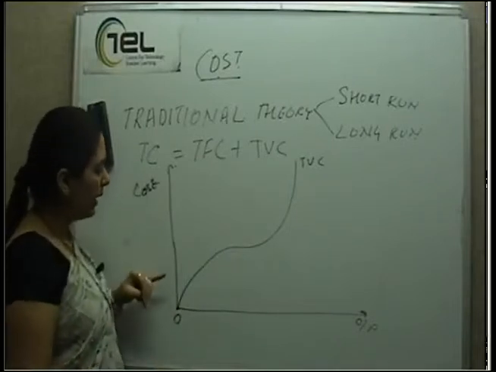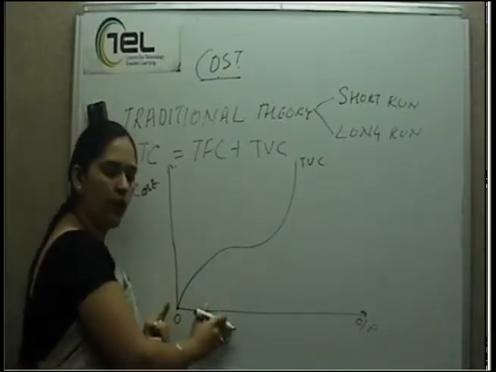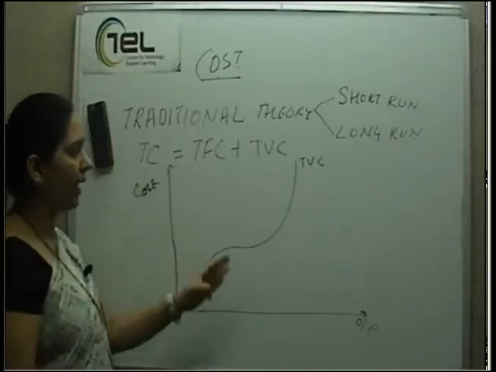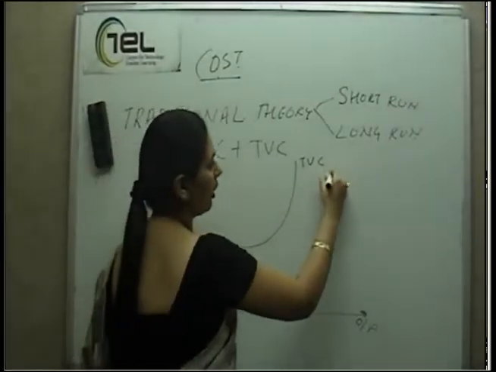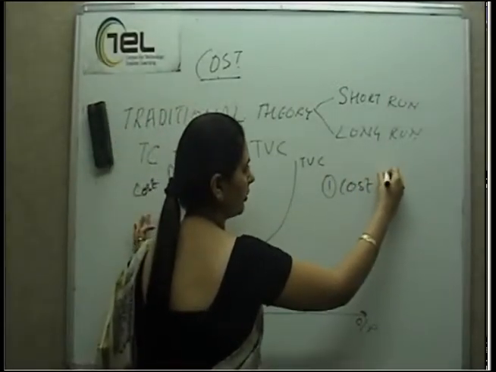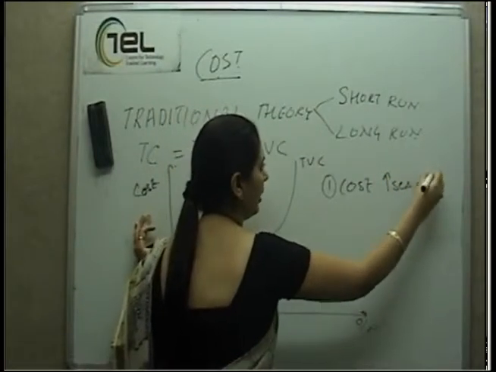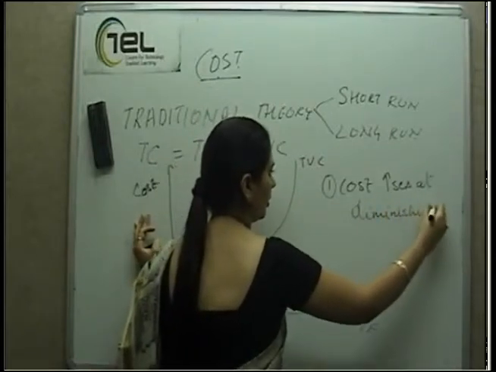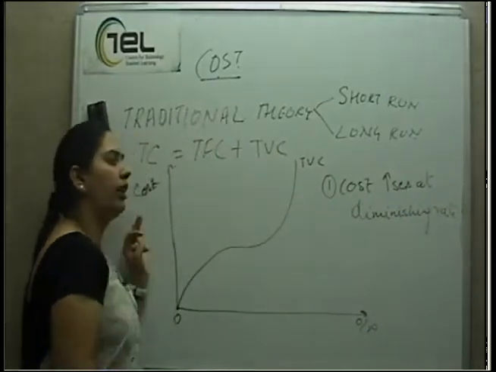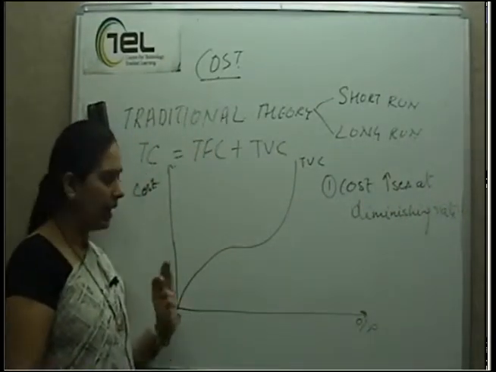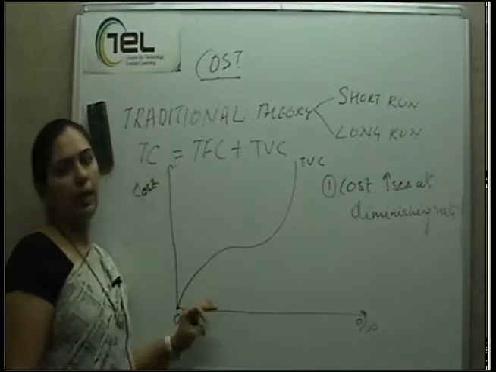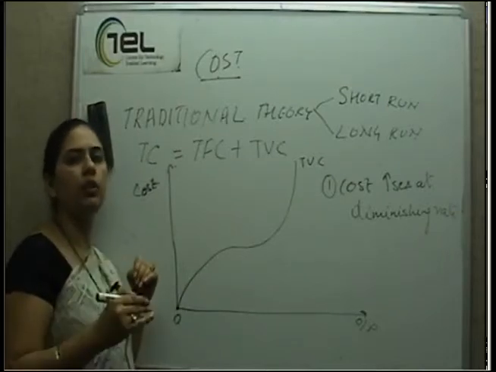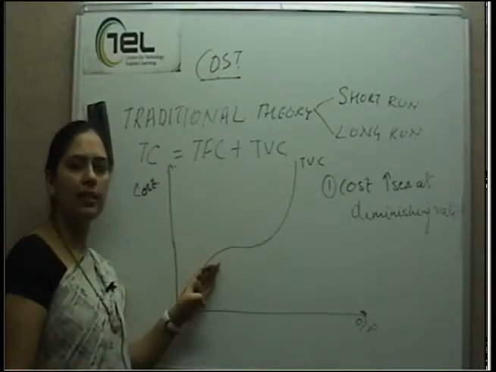This means that as we start or as we increase our level of output, our cost increases at a diminishing rate. So if I divide this into stages, I would say first my cost increases at diminishing rate. Now the reason for cost increasing at diminishing rate is that with increasing the level of output, economies of scale take place, that is when I go for a large scale level of output, per unit cost falls. So therefore cost increases at a diminishing rate.